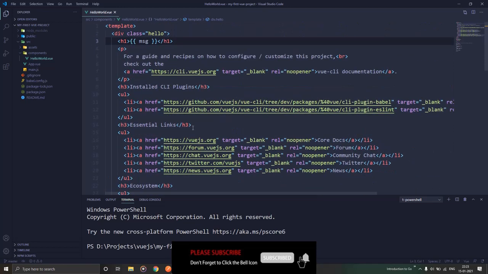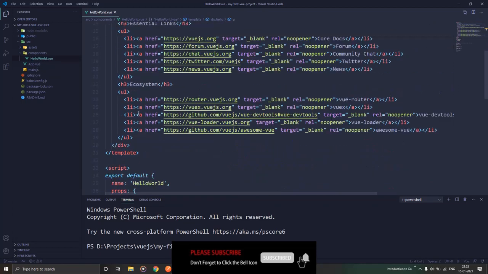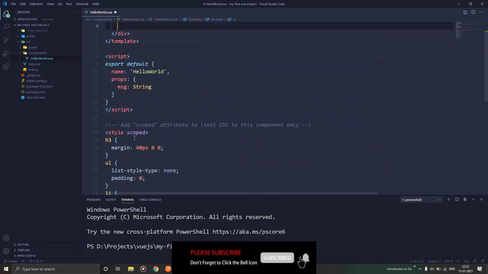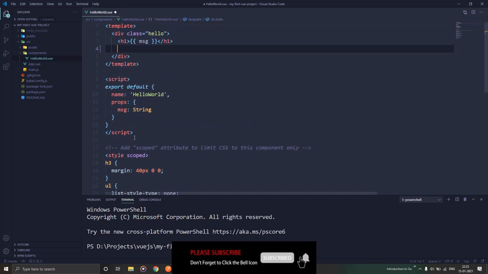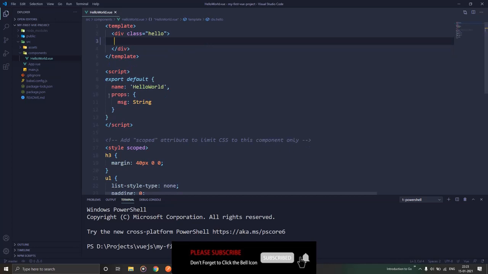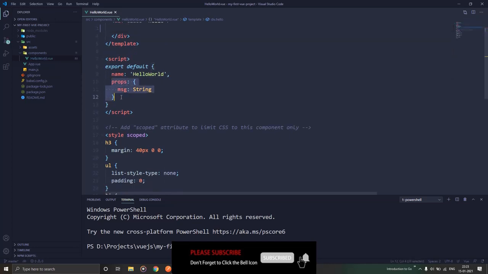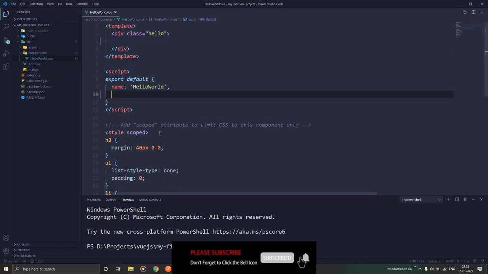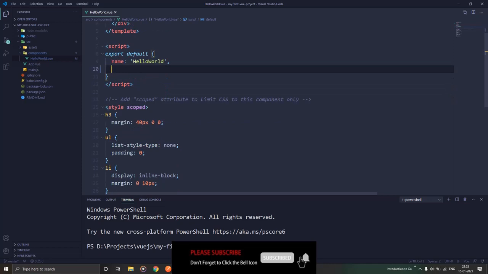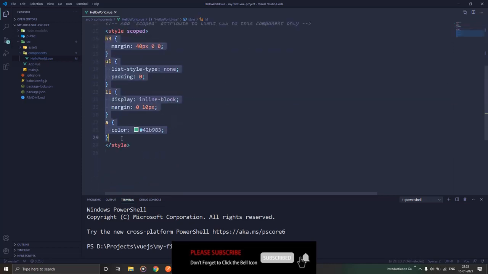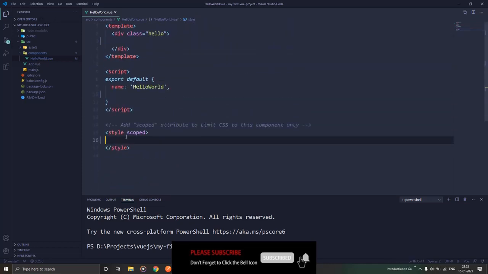So what we'll do is we'll get rid of all this boilerplate code and have a plain white HTML, so that we know that whatever we are writing is something that we have specifically written. So I'll remove all this so that we have a very plain HTML right now.